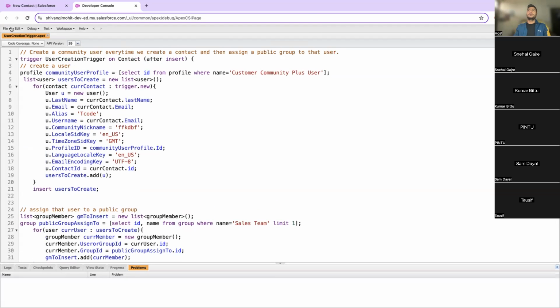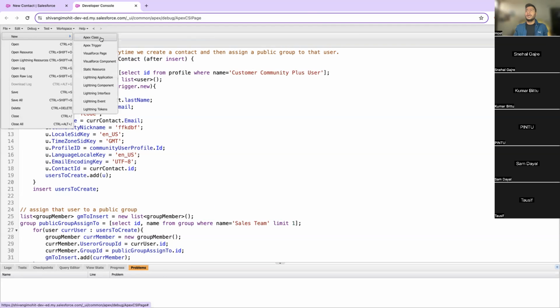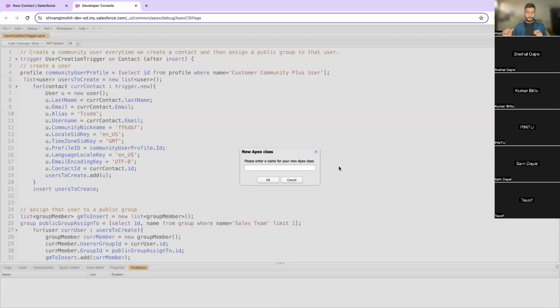Okay, so what we'll do, let's create a new class. Let's call it group handler, or let's call it user handler. Okay,